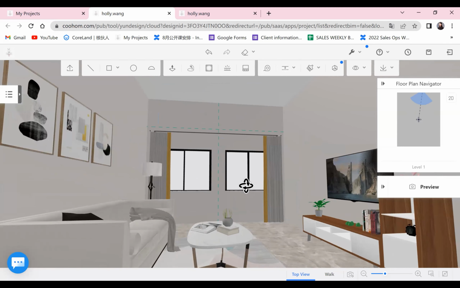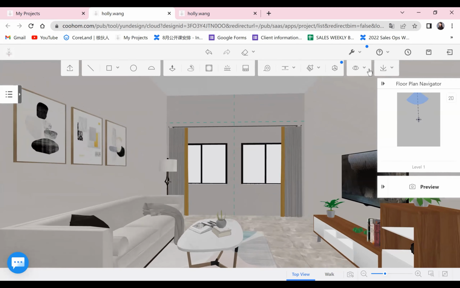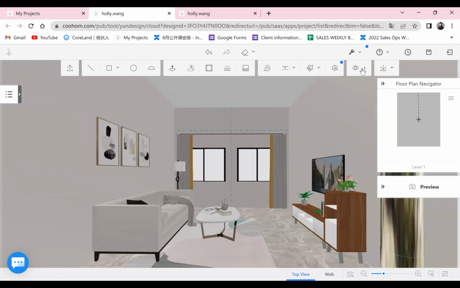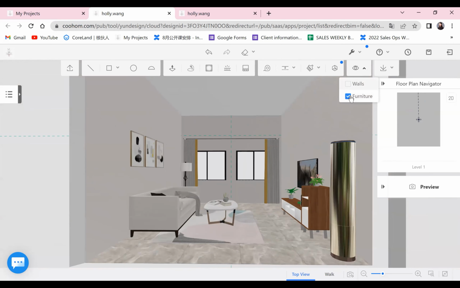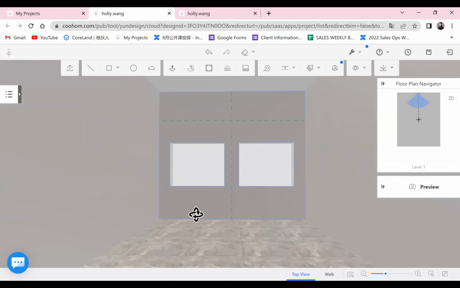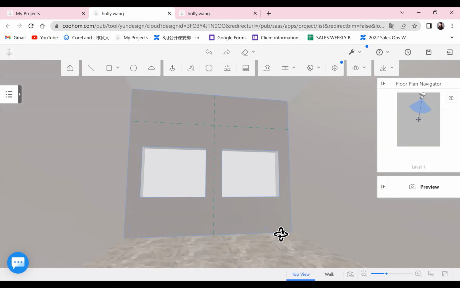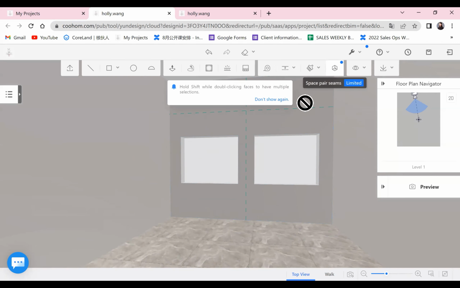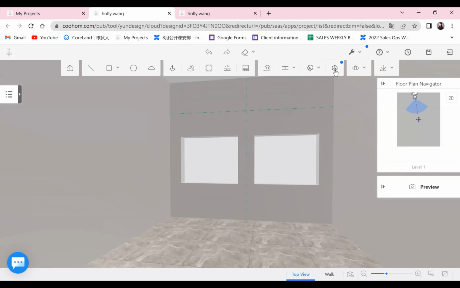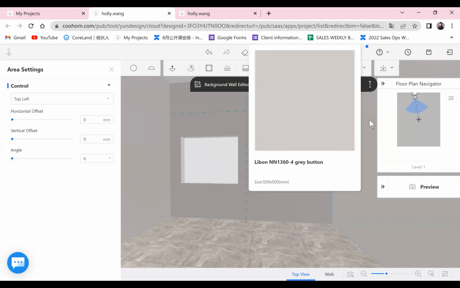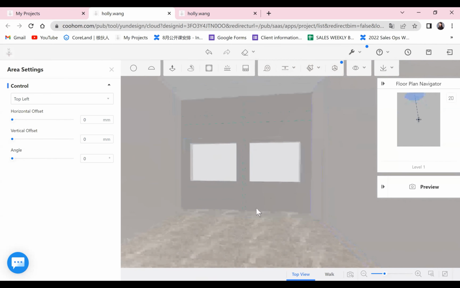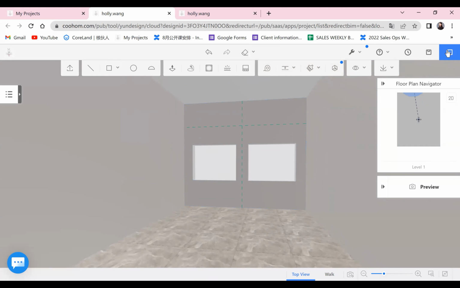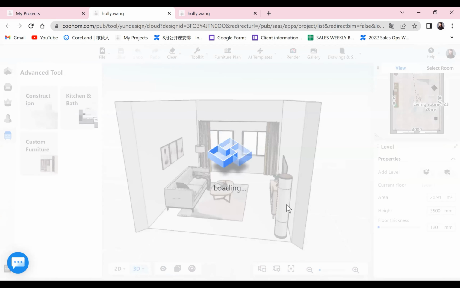Next I can draw the line. How about I hide the furniture? Now it's better. You can see the two guidelines here. One second, I think it's not very easy for you to see. Just one moment.